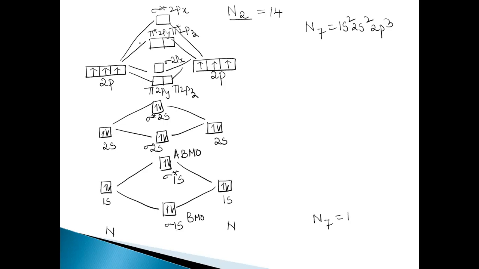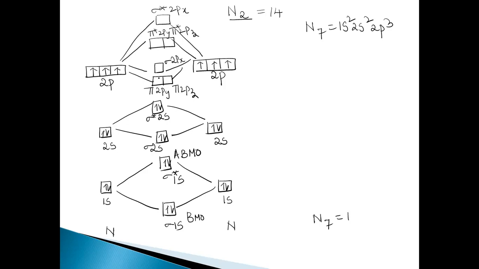So this results in the formation of these molecular orbitals in this way, where sigma bonding and sigma anti-bonding and pi bonding and pi anti-bonding molecular orbitals are being formed, where we can see that the pi bonding molecular orbitals are lower in energy when compared to that of the sigma 2px. Right. How many electrons are there in the 2p orbitals now? 1, 2, 3, 4, 5, 6.